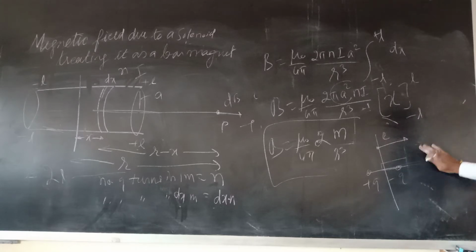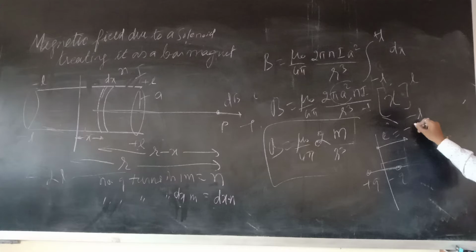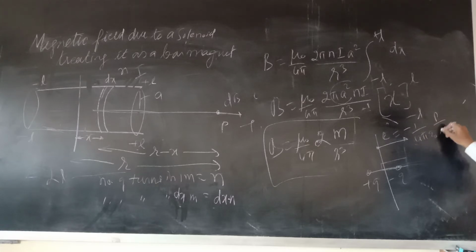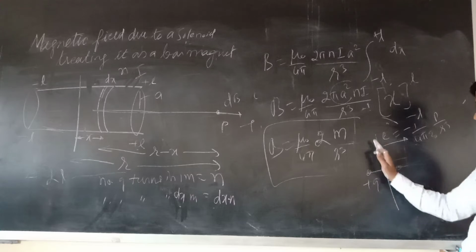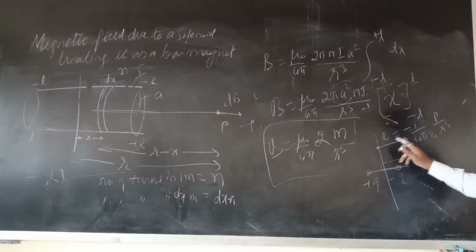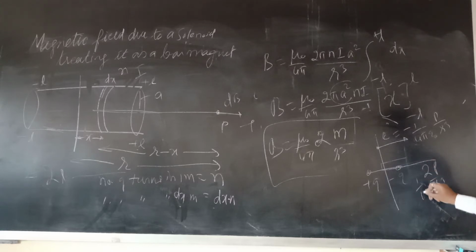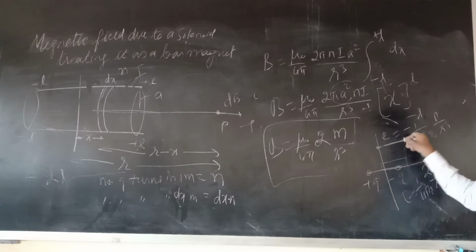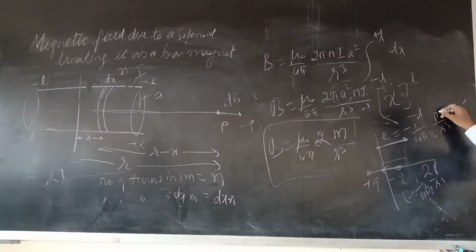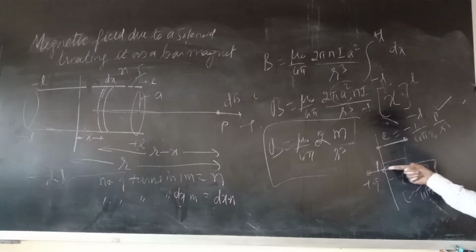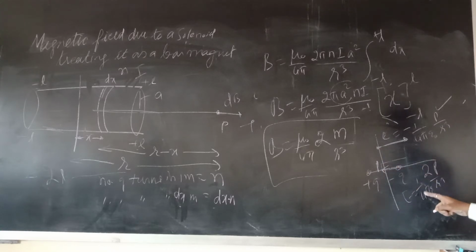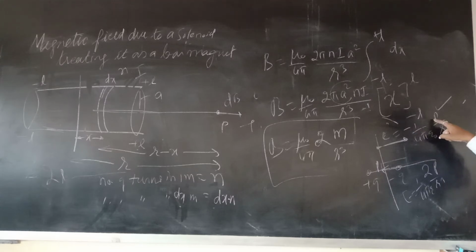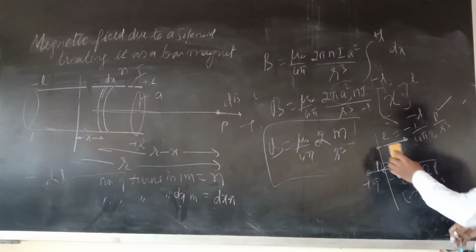Listen, what was the electric field at the perpendicular bisector? Here the electric field was minus 1 by 4 pi epsilon naught p by r cube at the perpendicular bisector or the equatorial line. On the axial line it was 2p by r cube times 1 by 4 pi epsilon naught, here it is only p by r cube. Why the minus sign? Because electric field is from plus to minus, and electric dipole moment is from minus to plus. Since they are opposite, the minus sign comes and it will be only p upon r cube. Exactly similar to this.